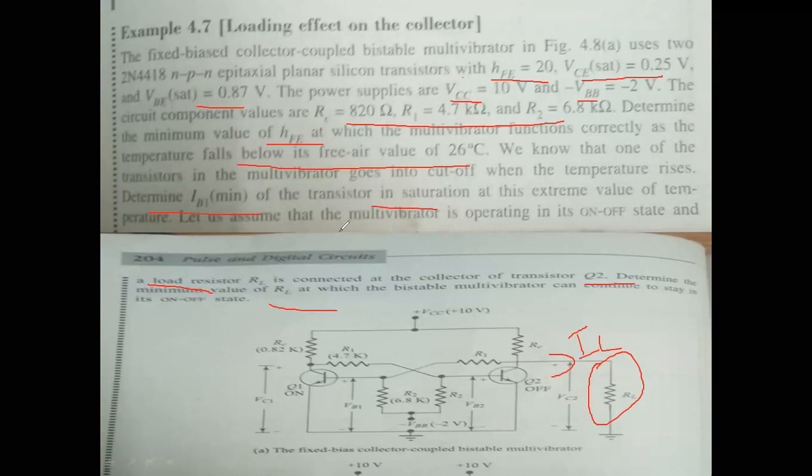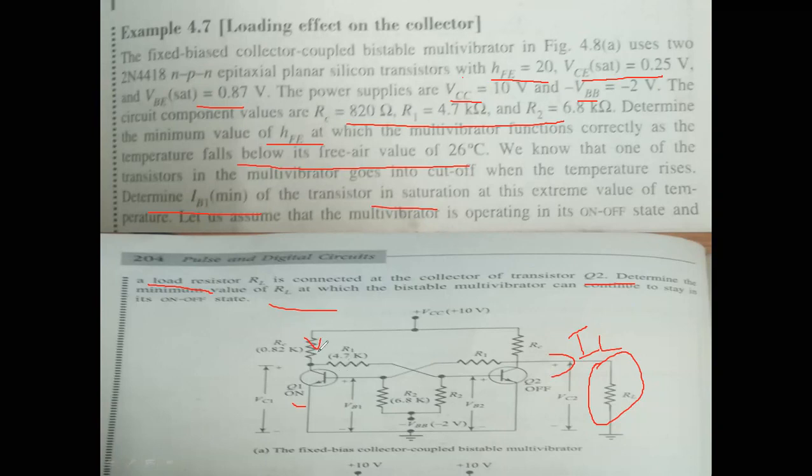I1 minus I2, you may get IB maximum. That is IB maximum, and you have to find out the I1, that is the collector current of the on transistor. In order to find out the IB minimum, we have to suppose this is an on transistor. In this direction we are going to get a saturation current, IC sat. IC sat divided by HFE, you may get IB minimum.